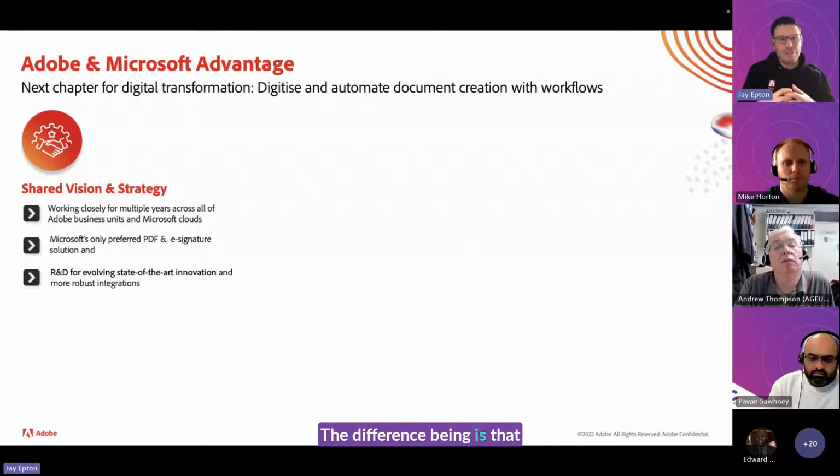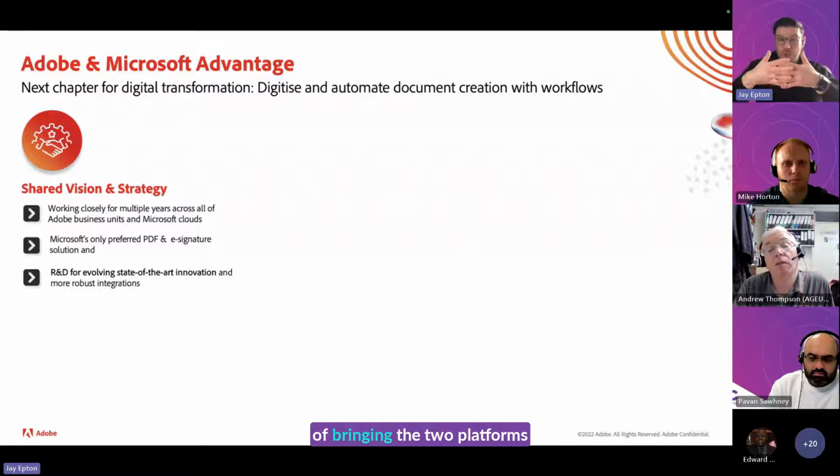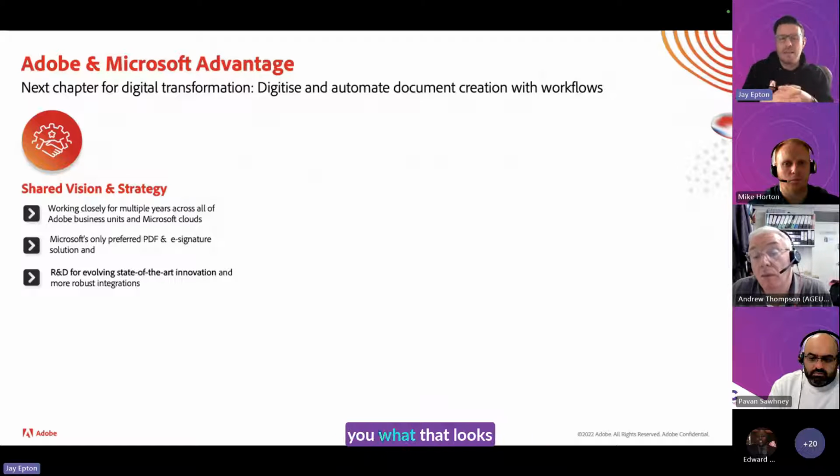The difference is that the Adobe and Microsoft partnership is one where Microsoft are investing resources and time, and also $1 billion a year in terms of bringing the two platforms together. And we're going to show you what that looks like in a second.